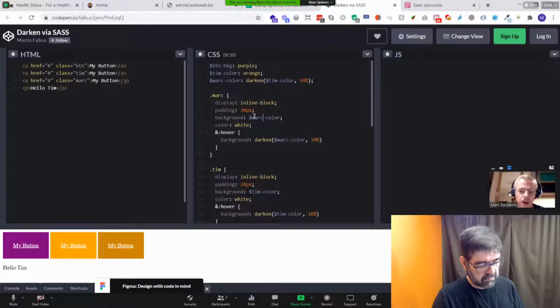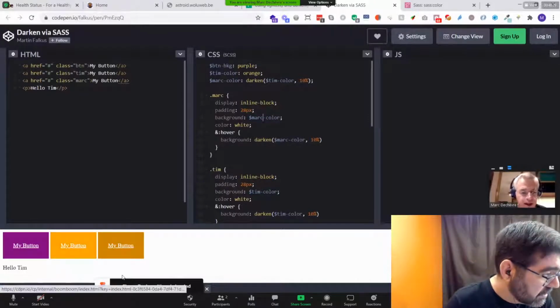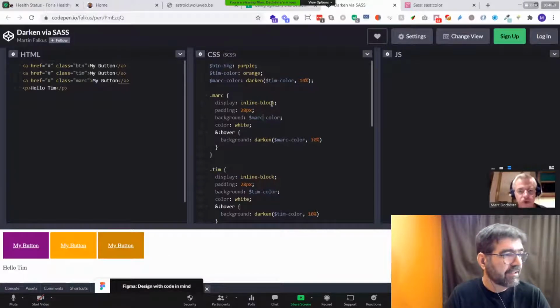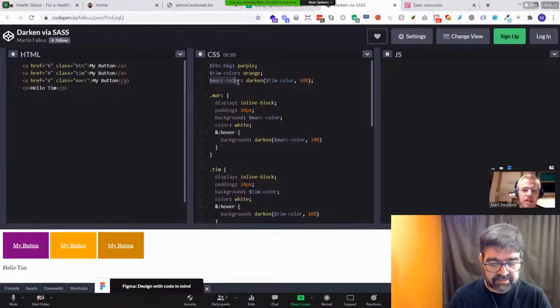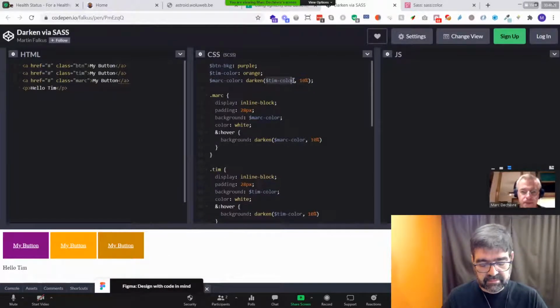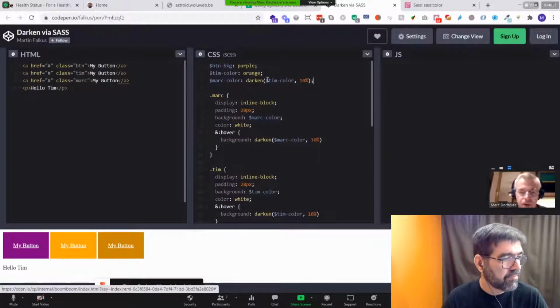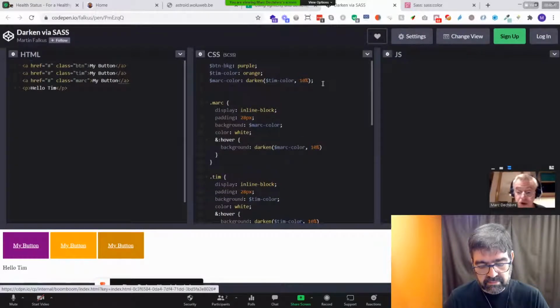So now I can change my color. So you see you have regular orange, which becomes dark, and I have dark, which becomes even darker. Okay. So actually, you can have variables depending on other variables, which is kind of handy. You can also have transparency. So for example, if I say,